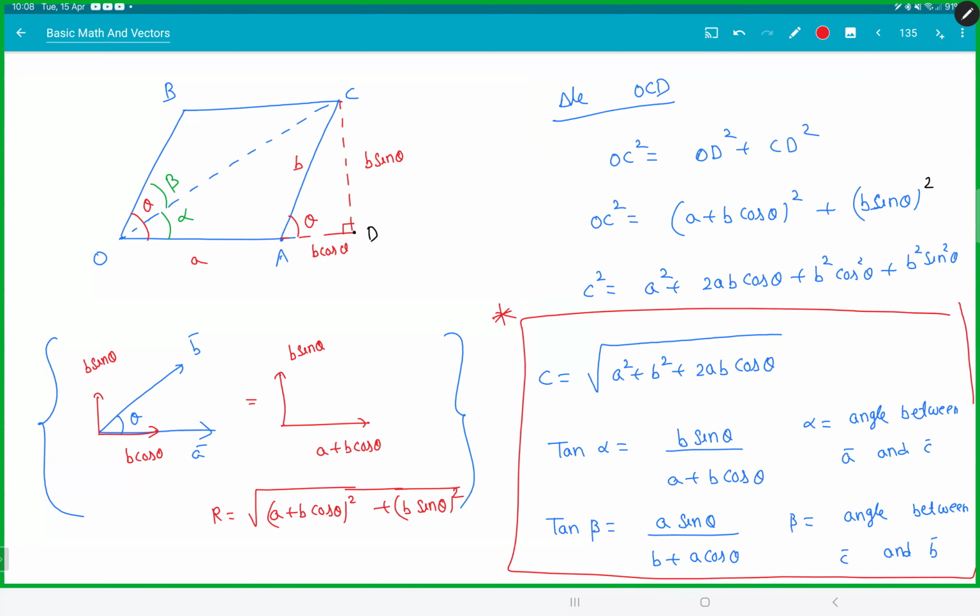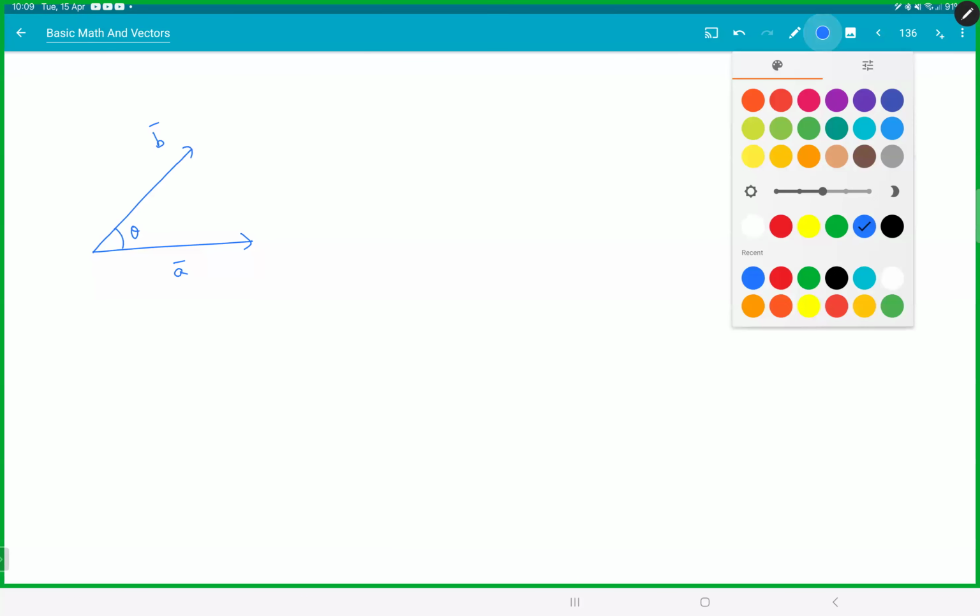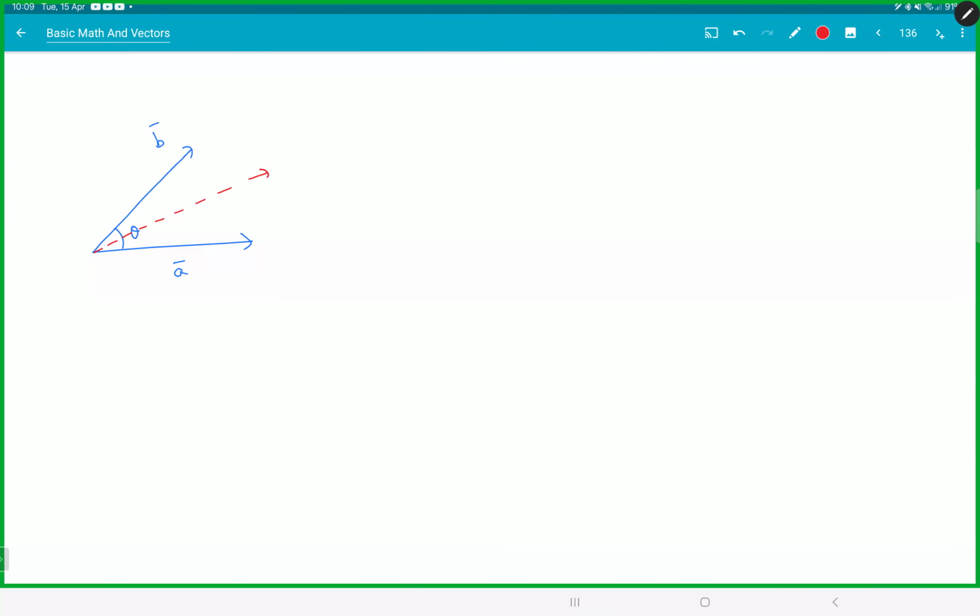So what is the use of this? If you give me two vectors, and if you give an angle between them, it is useful to find the magnitude of the resultant. Wait, I'll write this in a more usable form on the next page. So this is A bar, this is B bar, and this is theta. If you add these two, you will get a vector like this. This is your resultant vector C bar. So C bar is A bar plus B bar. This is alpha, this is beta. So the magnitude of C bar, which is mod of A bar plus B bar,